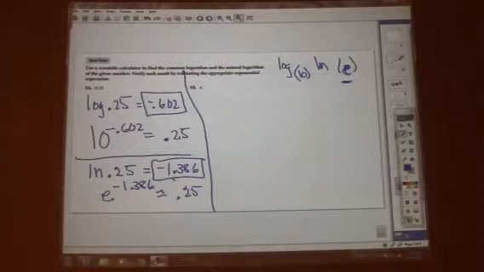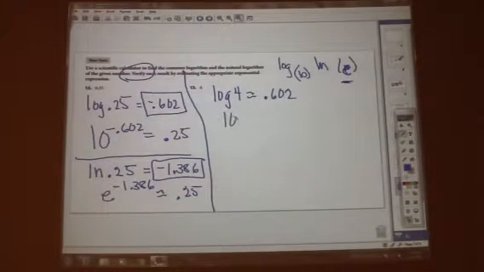And do we have to check it? Yes, you have to check it because it says verify right here. Verify each. All right, let's go to number 13. So we would say the log of 4 is approximately 0.602. 10 to the